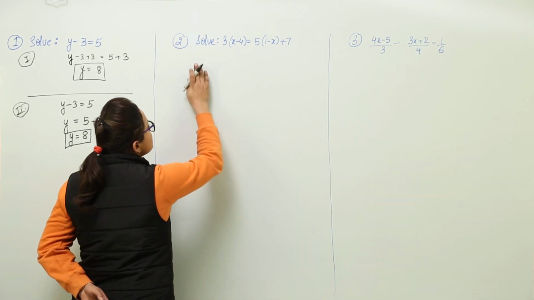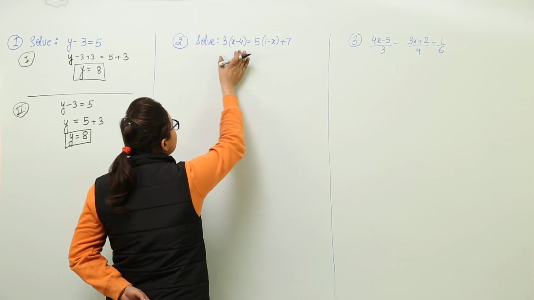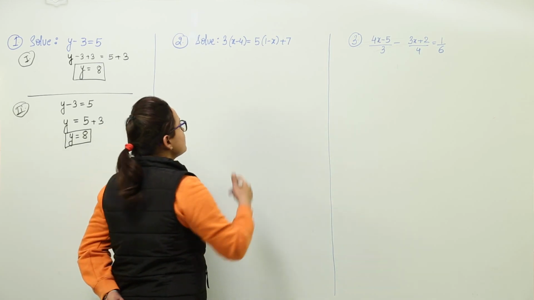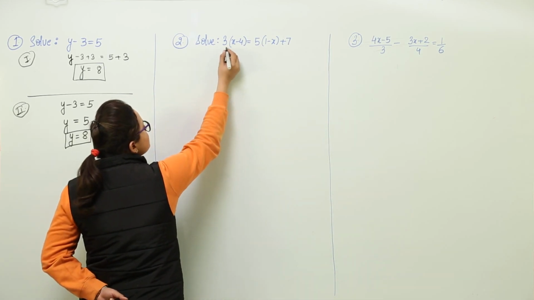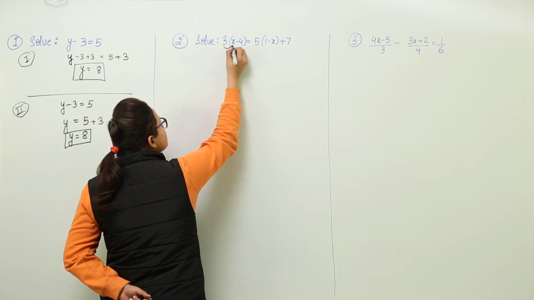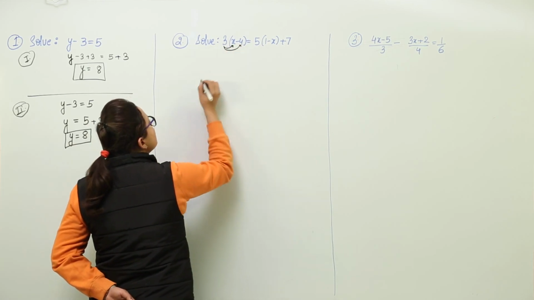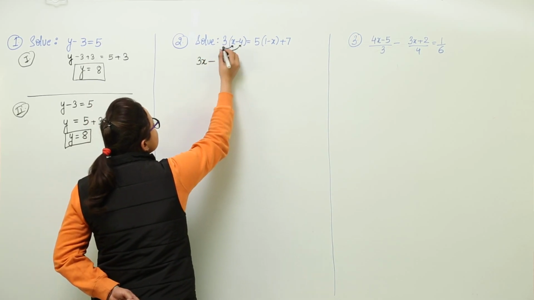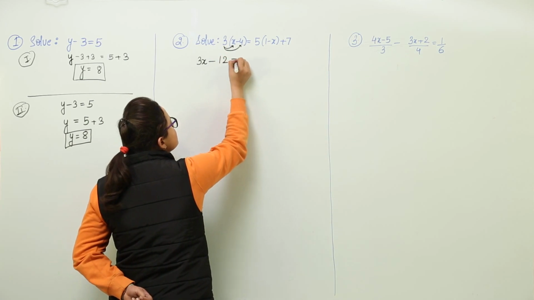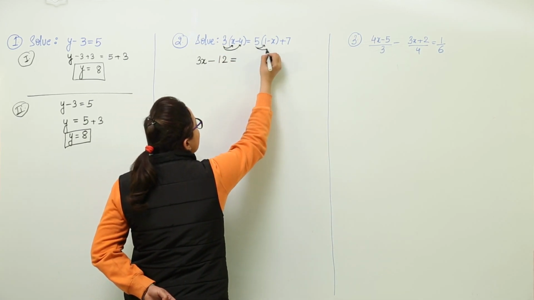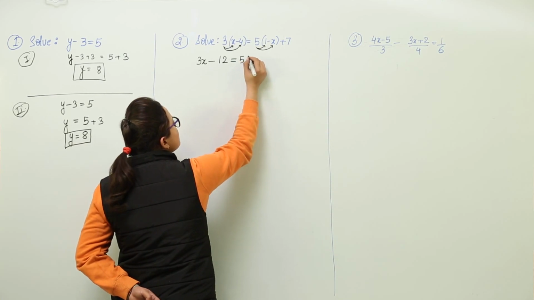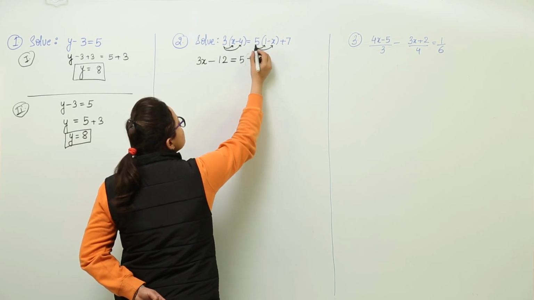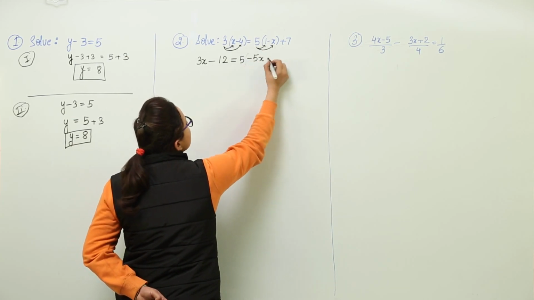The second one is solving this. Now again this has a left hand side and a right hand side. First of all we should start solving this according to the BODMAS rule that says that you have to solve the brackets first. So to open the brackets we will multiply 3 with x and 3 with 4. Let us do it. 3 into x is 3x, minus 3 into 4 is 12. This is equal to 5 into 1 and 5 into x, because that is how we open the brackets. Now 5 into 1 will give you 5 only, and minus 5 into x will give you 5x, plus 7 as it is.